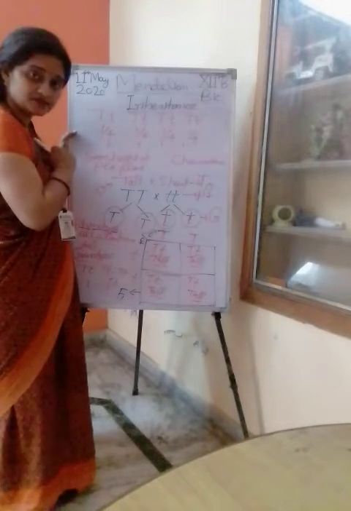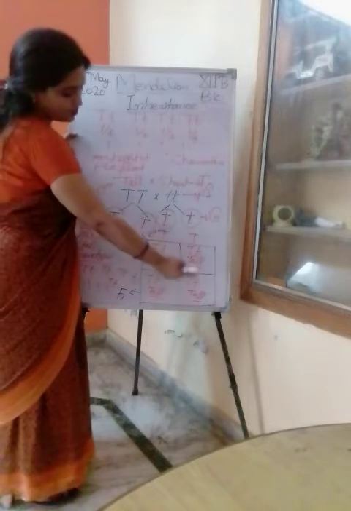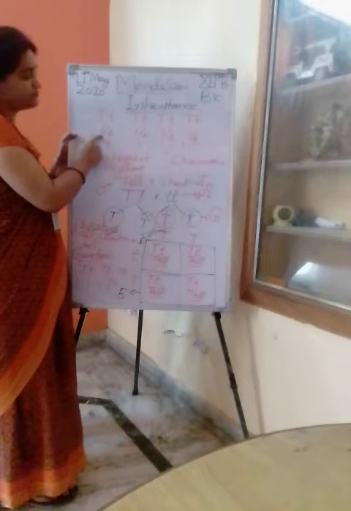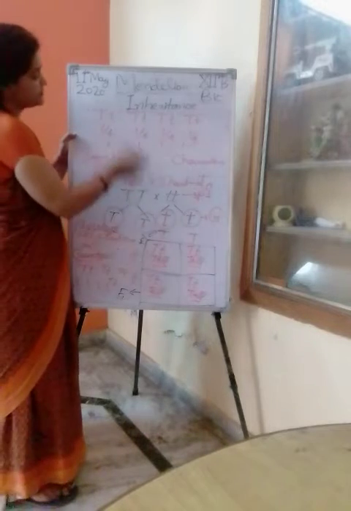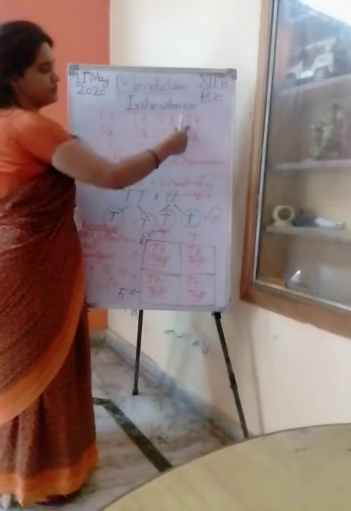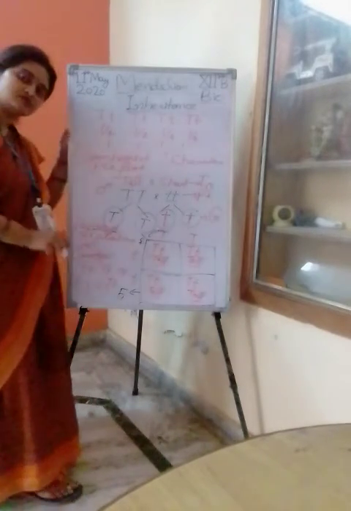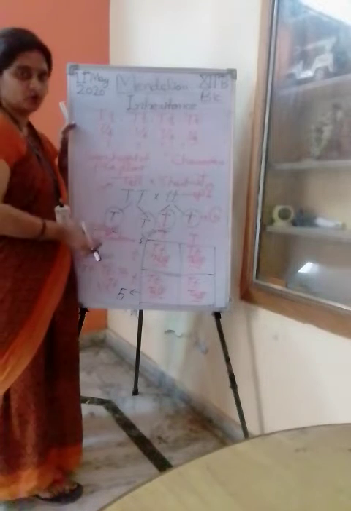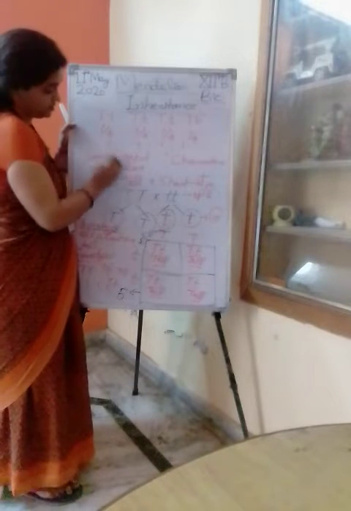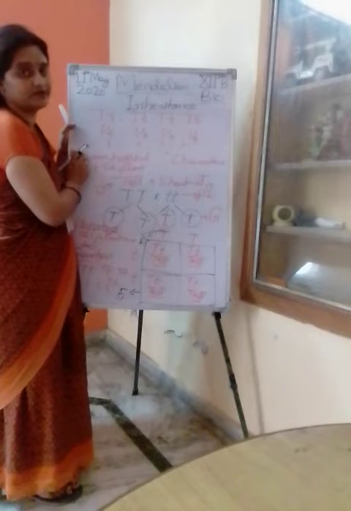Now the genotype: we take the alleles capital T, small t, capital T, small t, capital T, small t. In that box, what is the ratio? 1/4. We have 4 boxes, and one is capital T, small t, also 1/4, and 1/4, and 1/4. It means 1:1:1:1. Do you understand that? How do you draw the flow chart of the law of dominance? That is a very important law.